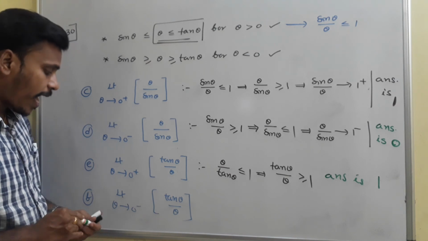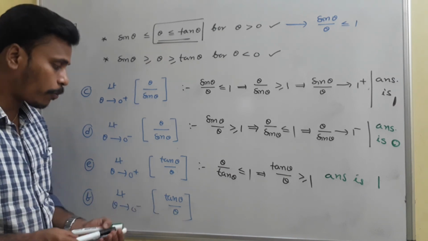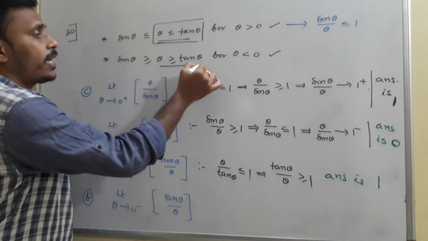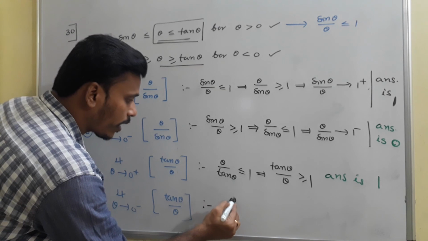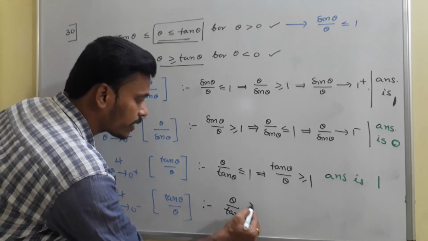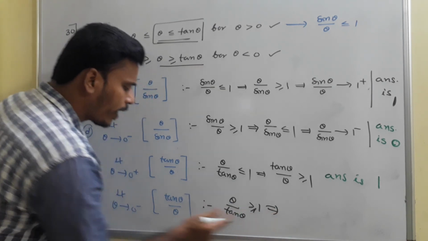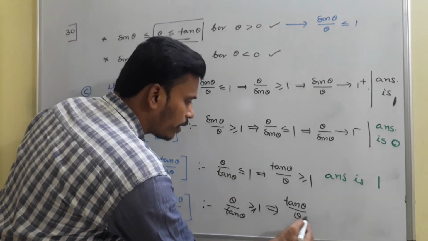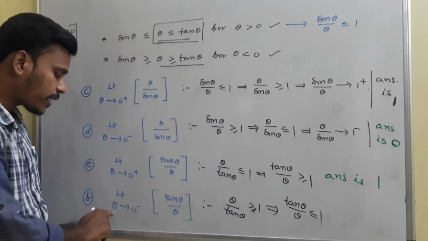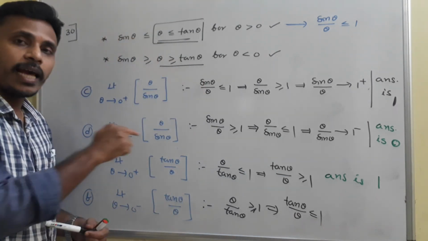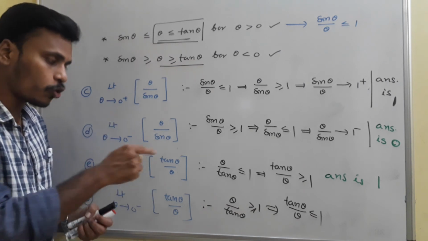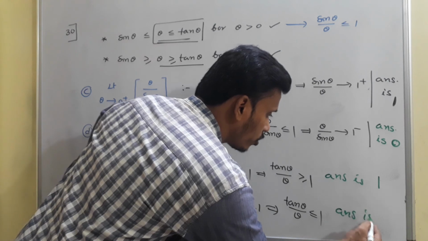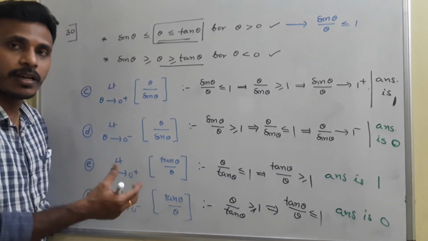In the same way, as theta is tending to 0 minus, step of tan theta by theta. So the second statement we need to think about. Here theta is greater than or equal to tan theta. So what will I write? Theta by tan theta is greater than or equal to 1. So I need tan theta by theta. Do the reciprocal. What will I get? Tan theta by theta is less than or equal to 1. As theta is tending to 0 minus, tan theta by theta is approaching 1 and that too less than 1. So since it is less than 1, our answer for this problem is 0, because the step of a number which is less than 1.